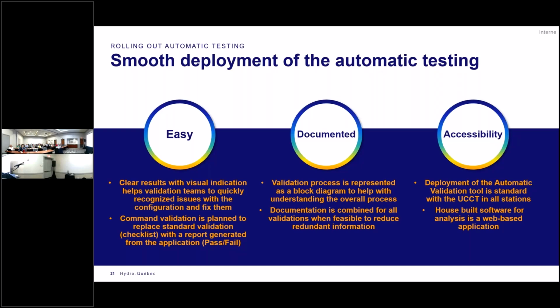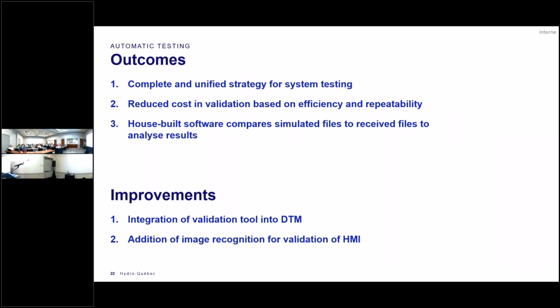If you can switch to the last slide, this validation was the same strategy. It was a unified strategy to be deployed for every team that deploys the system up to now. So the way the system was to be tested was unified, so